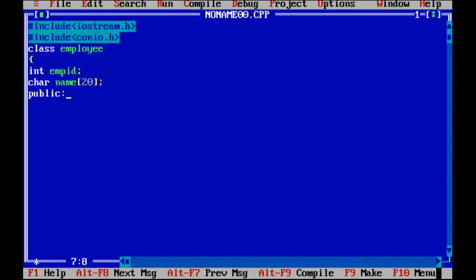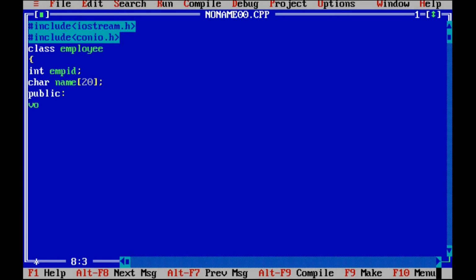Students, again the names of the functions as well as the names of the data are user defined, which means you can write your own names, but you have to follow the rules of variables while writing the name. Always the name of the function as well as the data starts with an alphabet, and alphabets, numbers and underscore are only allowed. No other special character is allowed while you are writing the name of the class, the name of any variable, or while declaring the function.